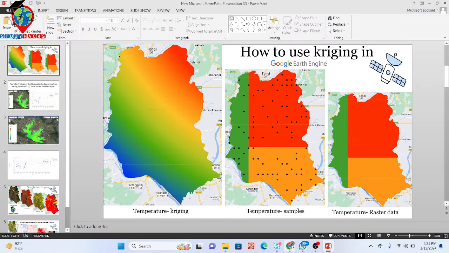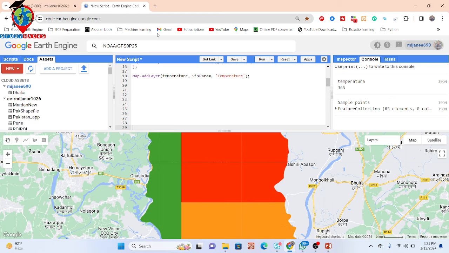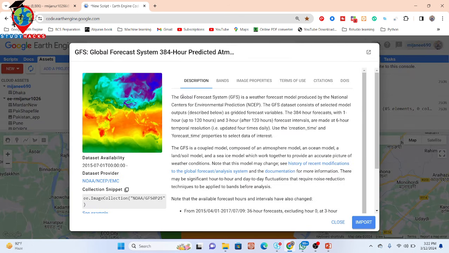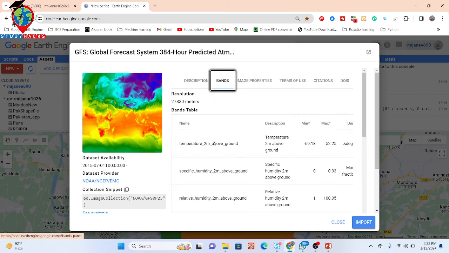I simply open my code editor. Here you can see one kind of data. Basically, this is the dataset for the Global Forecast System weather forecast model produced by the National Center for Environmental Prediction. Using this dataset we can easily get the temperature 2 meters above ground. But here you can see the resolution is not very good. The pixel area is very high and the resolution is very low. Here we can see the pixel area